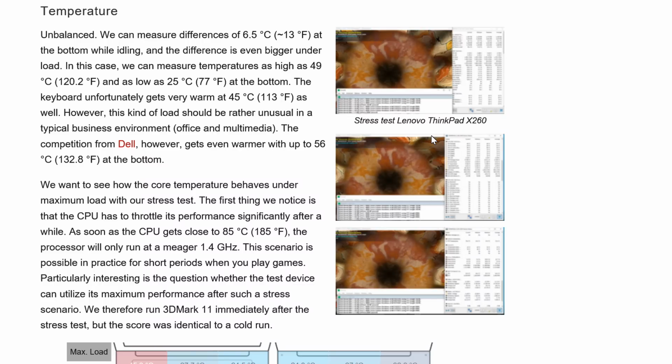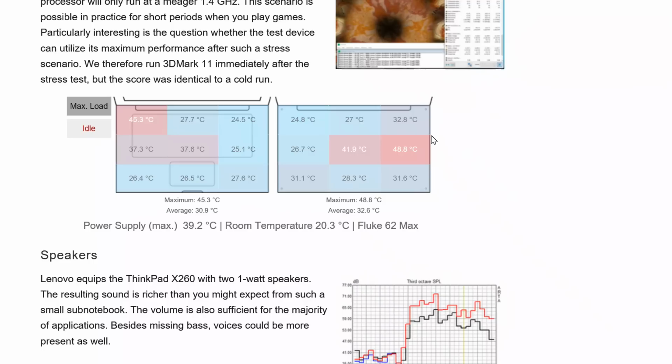In our temperature measurement tests, we saw it throttle back to 1.4 gigahertz as soon as the CPU reaches 85 degrees, which is quite a lot. So the idea really is to keep this quiet and cool, and that's how Lenovo have tuned this device. This is not going to be the highest performing laptop on the market at this 12.5 inch size with this